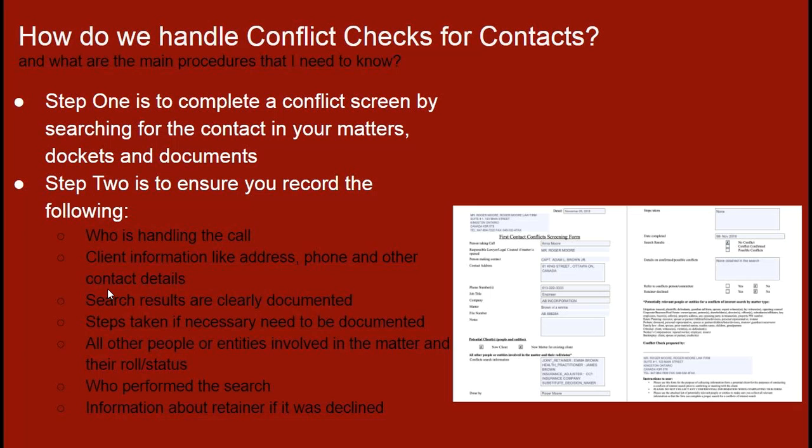And for that, it's important, as I mentioned earlier, to have the data available, because you can't do this conflict search without those important pieces of information. Starting with, of course, the first name, last name, sometimes even the AKA name, the address, if you have one, sometimes helps. And once you've got that basic piece of information,